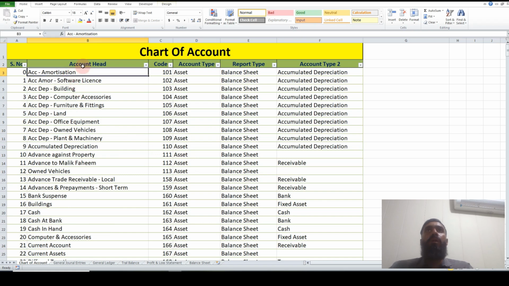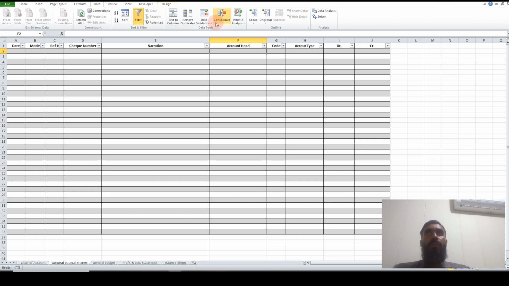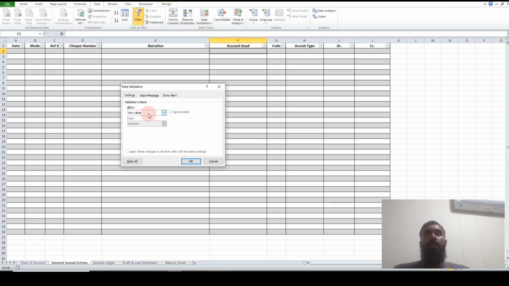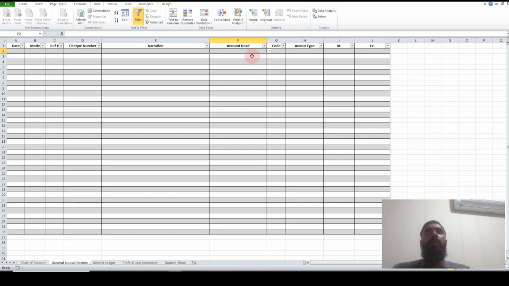First, we know how to add a chart of account without any error. Go to data, select data validation, select list, go to chart of account, select the column where account head appears, press F4 for freeze the selected column. Now copy and paste the data validation for selected area. Now use the formula IFERROR with VLOOKUP account head